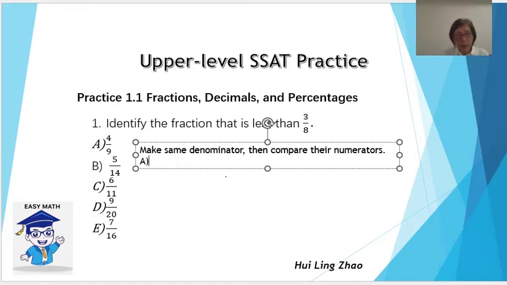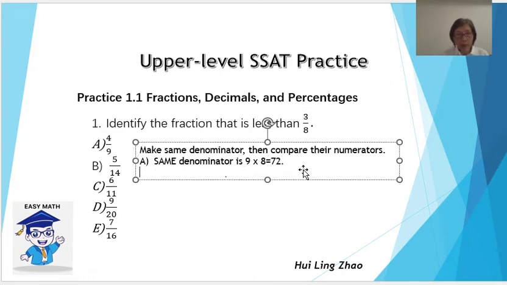And try choice A. You see in A the denominator is 9, and here the denominator is 8. So the same denominator is 9 times 8, right? 9 times 8 is 72. And the numerator